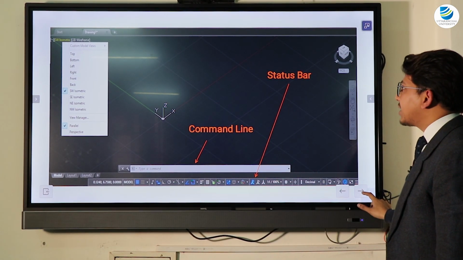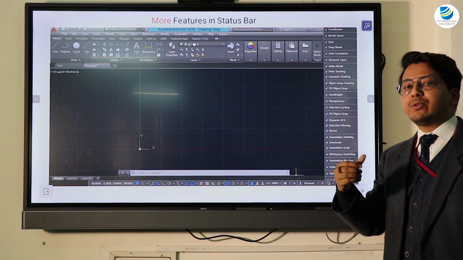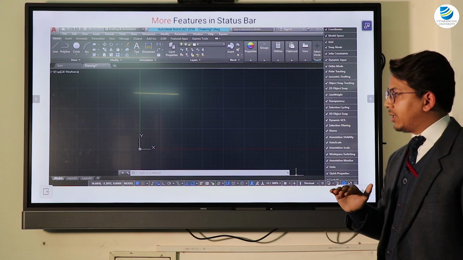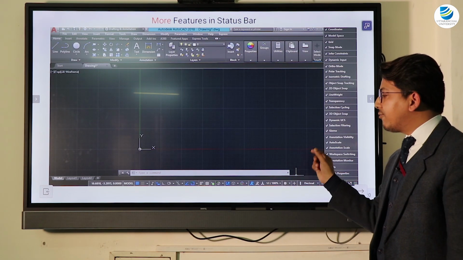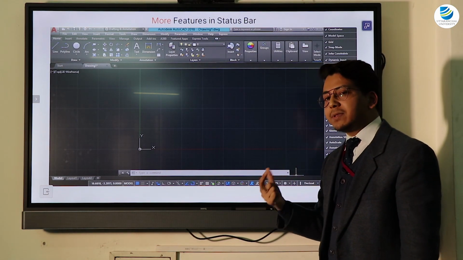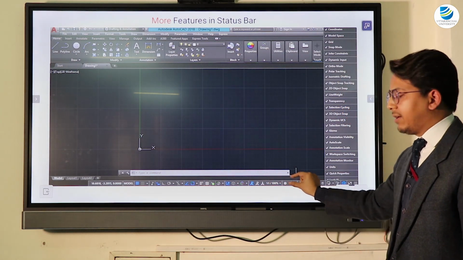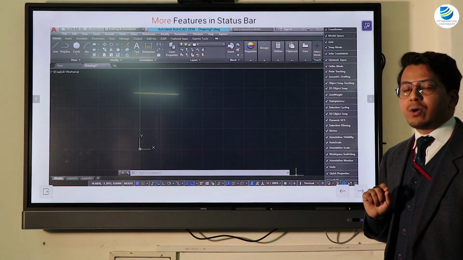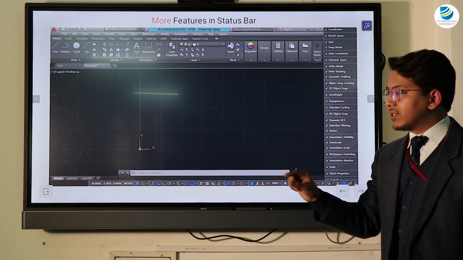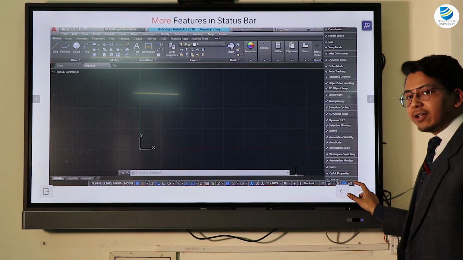Okay, now let's come to the next topic. Suppose you open up your AutoCAD user interface. Sometimes it happens that you will see very few options here in the status bar. Suppose you want to activate some more features in the status bar, then you can click on these 3 dashes here.